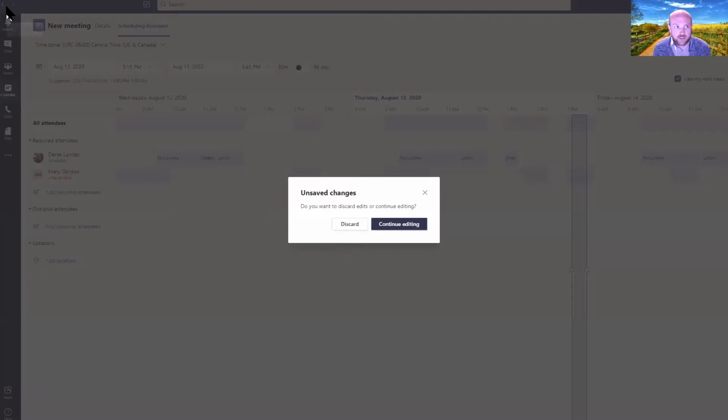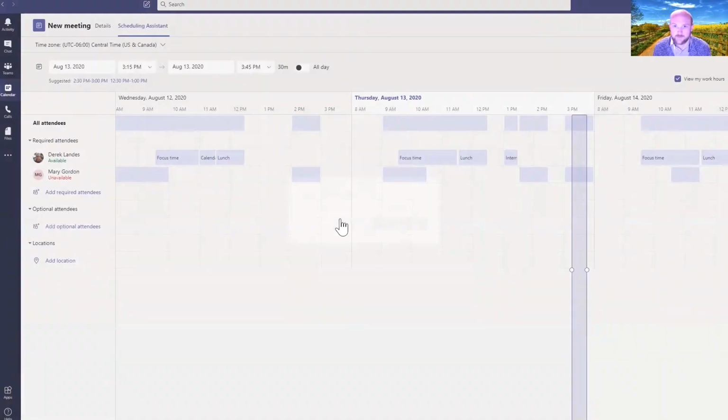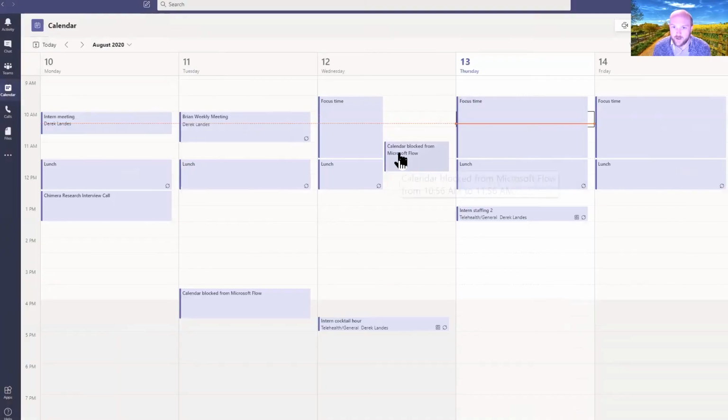And what we'll ultimately do is it will create a meeting in here, and when that meeting shows up, there will be a button right here that says join. So all you have to do is click the button and you will hop straight into that meeting. Now, that being said, and I'm going to switch screens here a little bit, so I apologize for